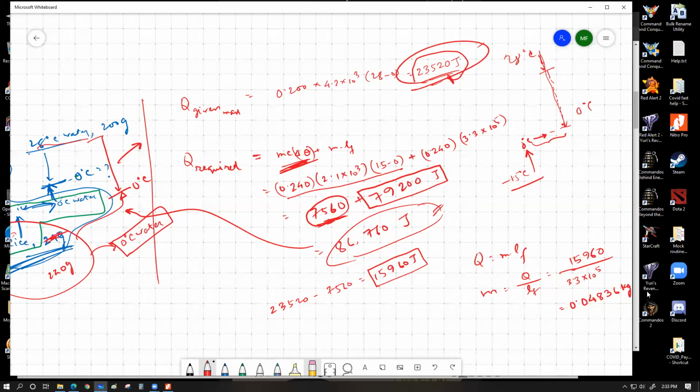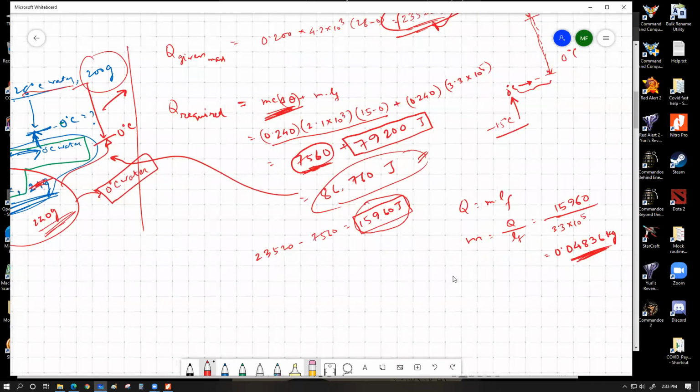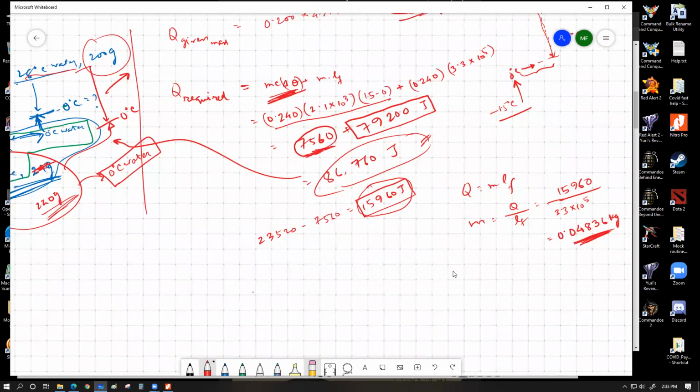So the amount of heat that I would have left within the warm water after heating up the ice can be used to melt this much ice into water, which means out of this total 240 gram of ice that I initially began with, this much ice will be melted. The remaining would still remain as ice. And because this much ice would be melted, this ice melt water would join with that 200 gram of water. So if we do further calculation, we just add up these numbers, therefore